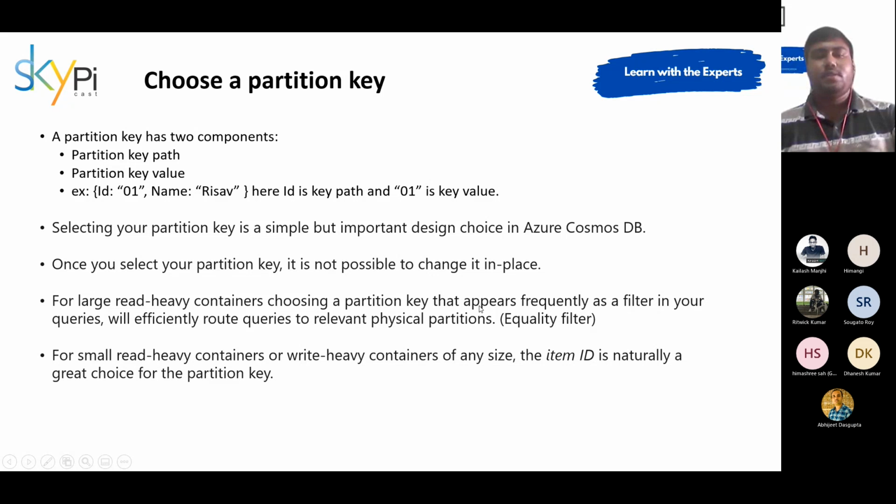And the same goes for if it is small, as in our case, where we have a small item with only two items. If we have small read-heavy containers, then item ID, which is the default key for our document in any item, can be a great choice for a partition key, as there